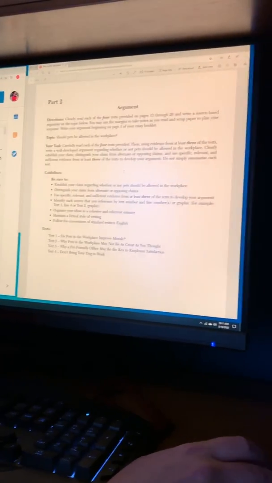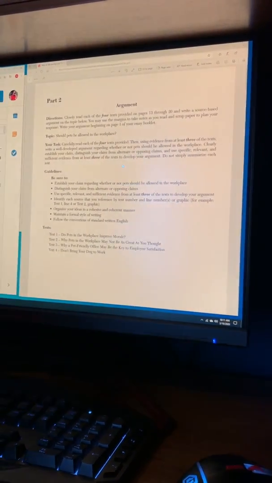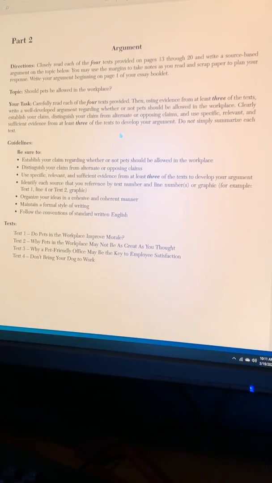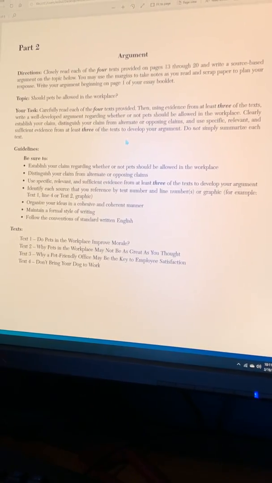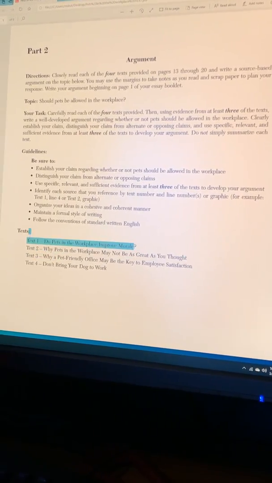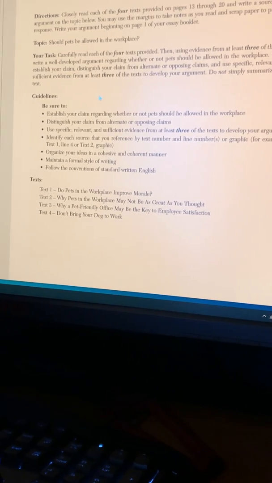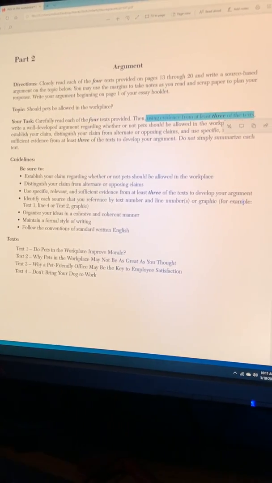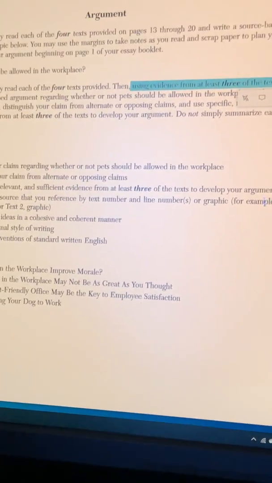Here we have the task sheet. The topic question is a classic Regents question. Should pets be allowed in the workplace? We're going to start with text 1 today. Remember, here you can see that you need to use evidence from at least 3 of the texts. This is really important when we're talking about the